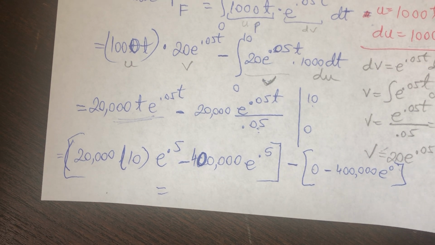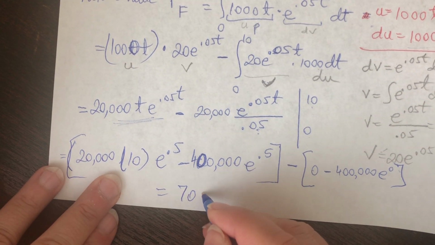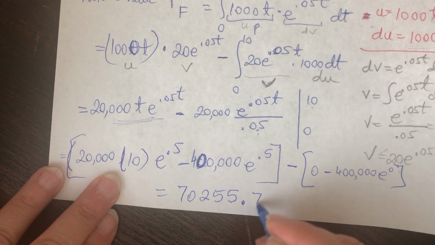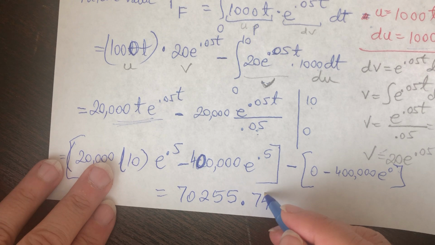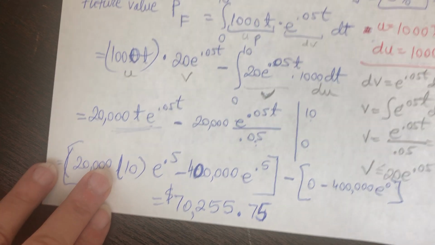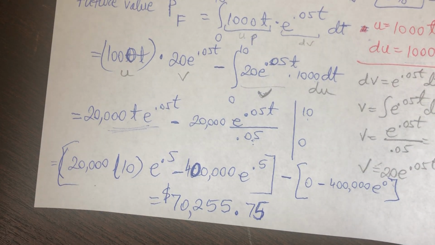So I hope I did this right. Fingers crossed. So I end up with a 70,255.74, or 75, let's say. So by the end of these 10 years, you're going to have $70,255, okay, and 75 cents. Okay, so the question is, how much of this